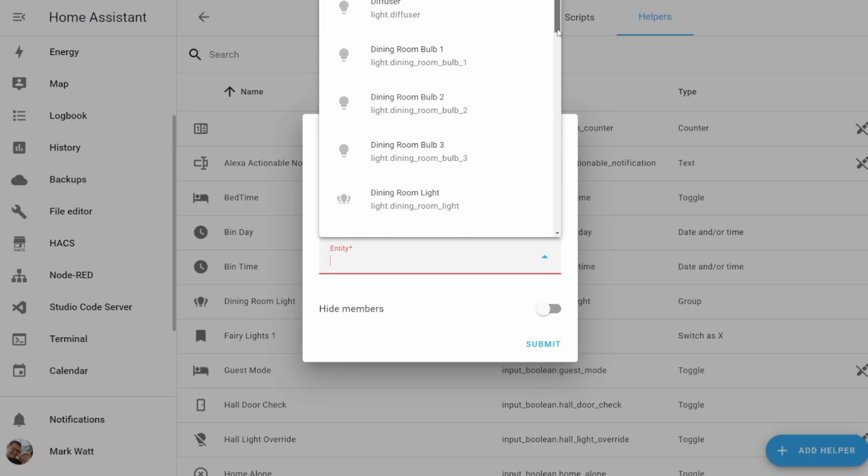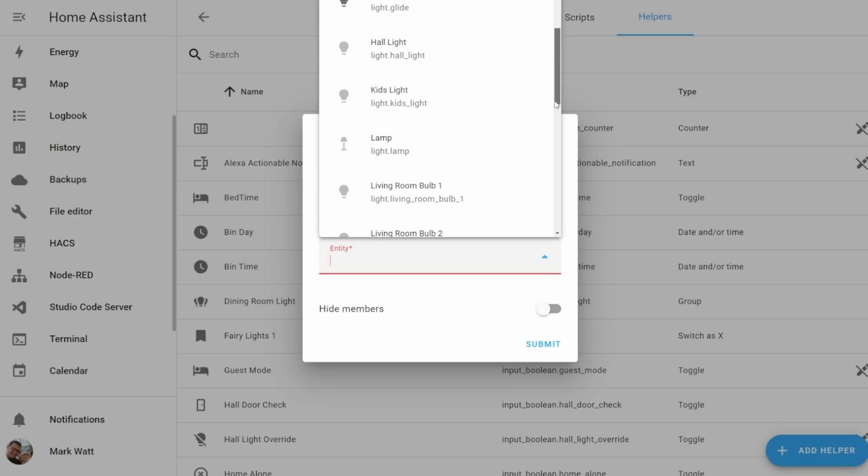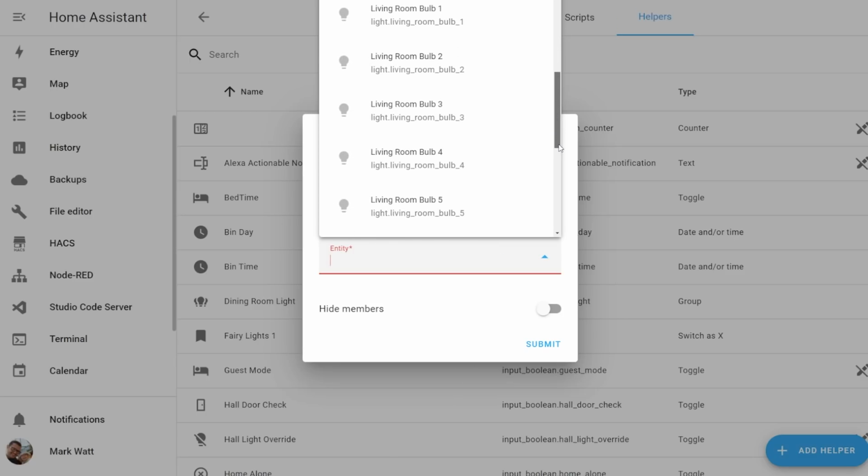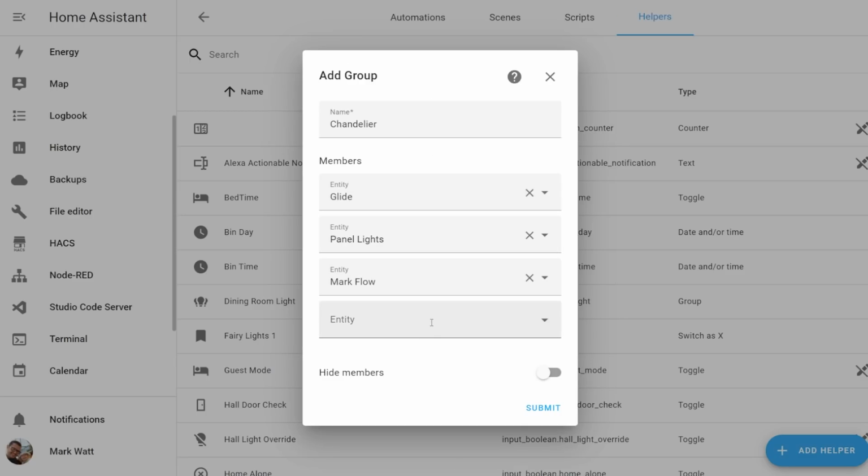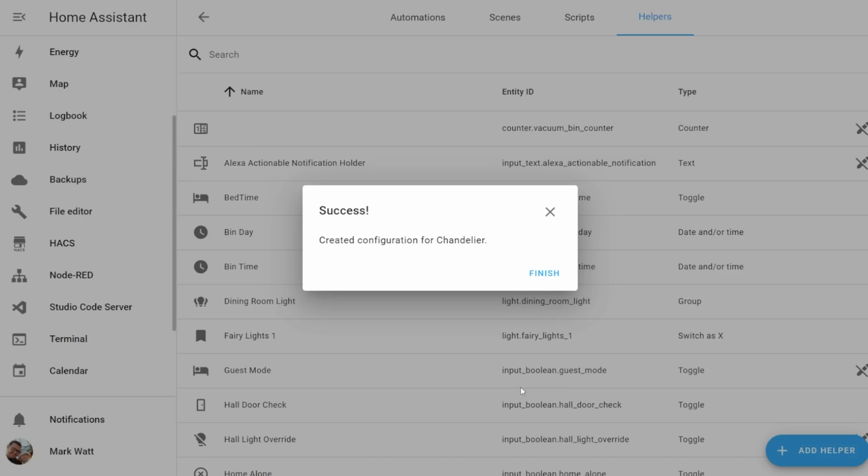In my case here, it showed me all of the different light entities that are available in my Home Assistant instance, so I'm just going to pick a couple that are available here in my demo unit. Once you're happy with your member selection, you'll have 2 options. You'll have the option for hide members, and you'll also have submit. For now, we're just going to go ahead and click submit, and we can see that we successfully created our